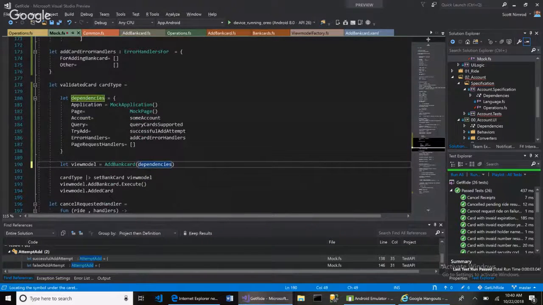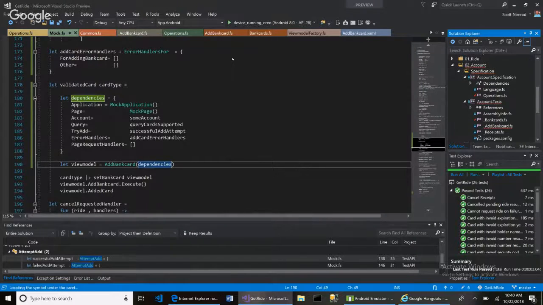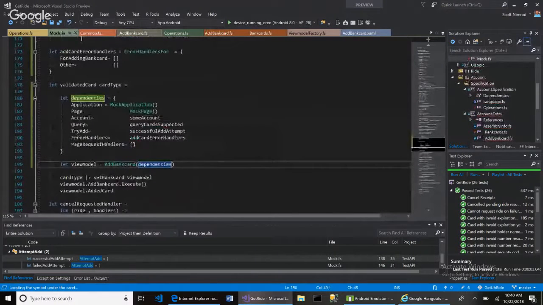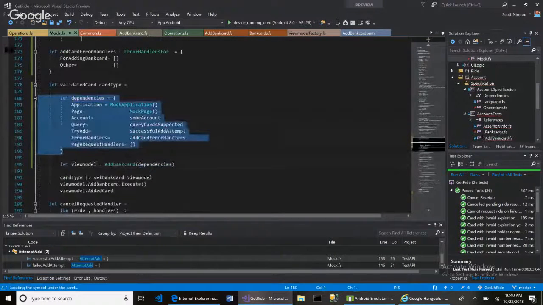Okay. Now what? Well, there's no squigglies in this file, but it shows that add bank card over here has some issues. All right. So now that I have my dependencies, I think I want to throw these dependencies in my